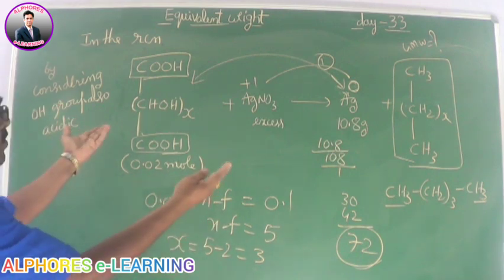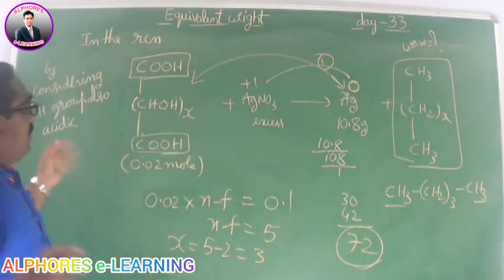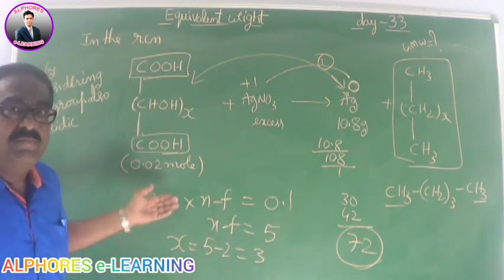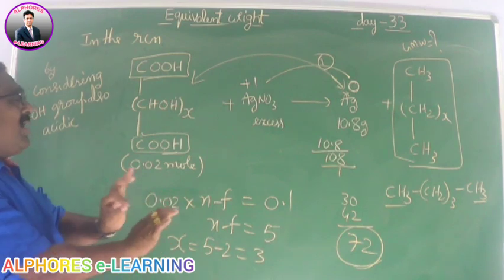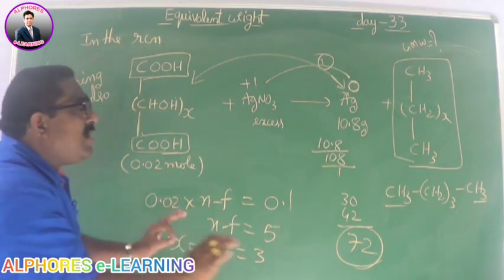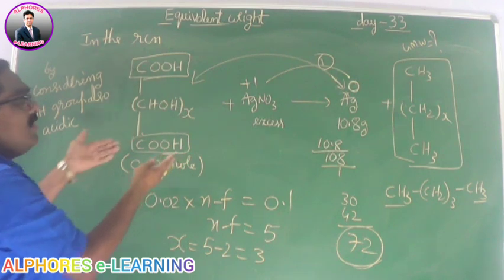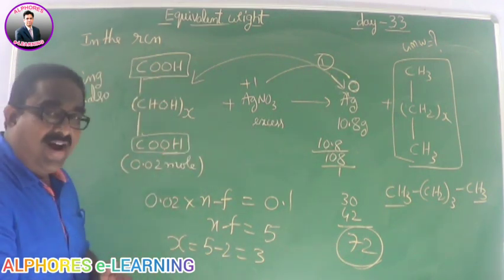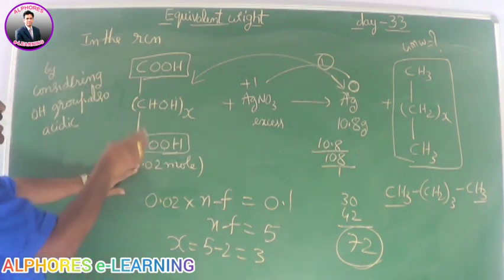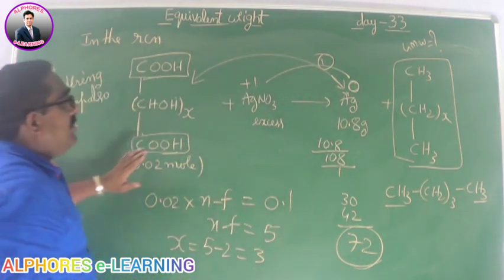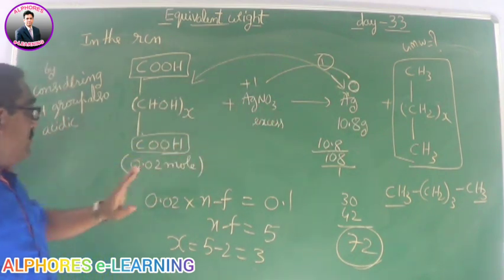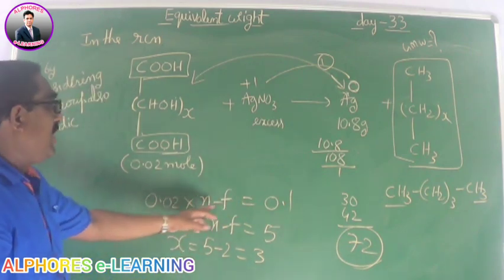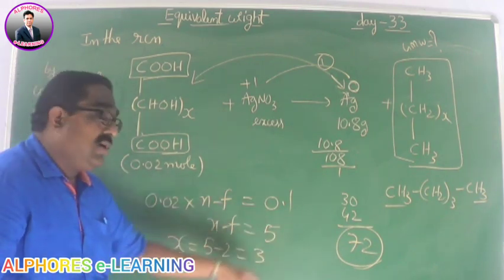See, the moment you see the question, there will be a lot of confusion. What is this compound, organic, what is it about? No, very simple it is. Without having any organic knowledge, with zero knowledge of organic chemistry, you can solve by applying the concept of the principle of gram equivalence. I have just equated the equivalence of this and this. For this silver, n factor is 1. For this I don't know, but I can equate the equivalence. 0.02 into n factor equals 0.1. So n factor equals 5.